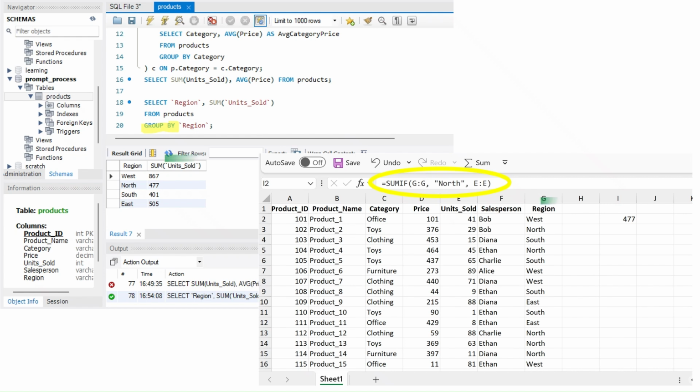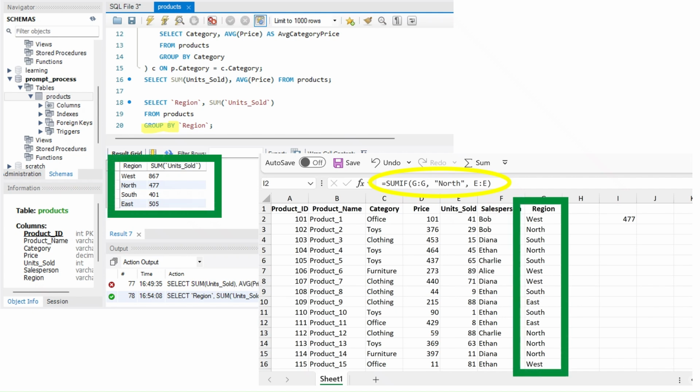And you see, they are the same thing. Region, you can see them there. So north is 477, which is also the same thing